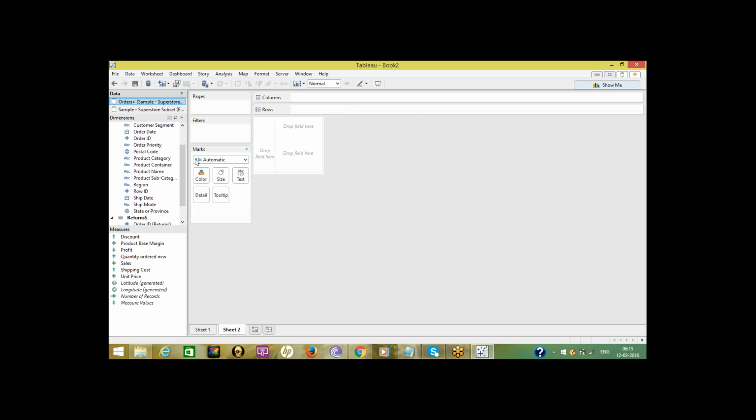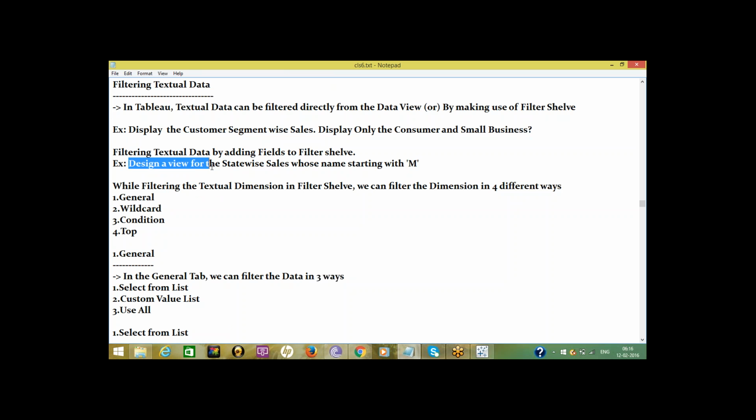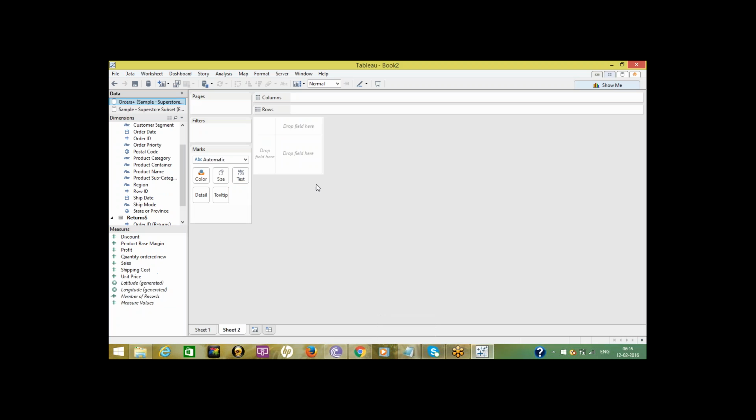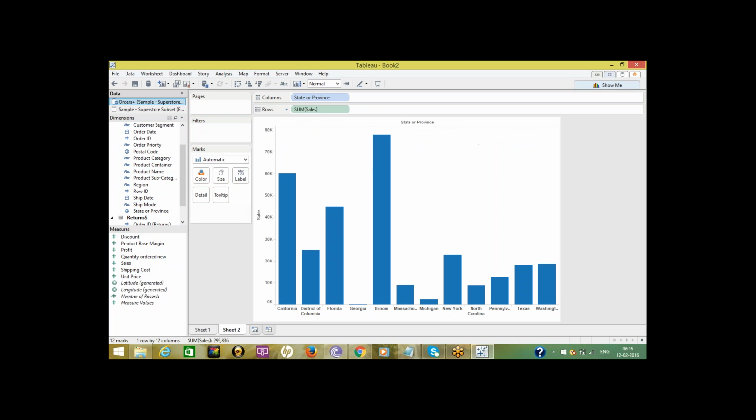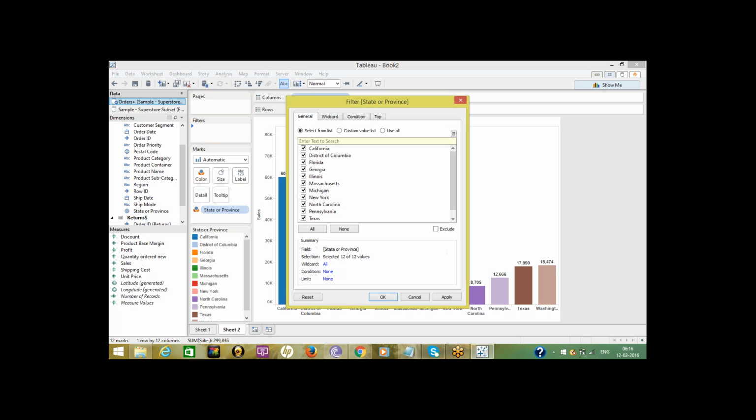Another example is to design a data view for state by sales whose name starts with M. We need to create a data view of state by sales, then drag state onto the filter shelf.